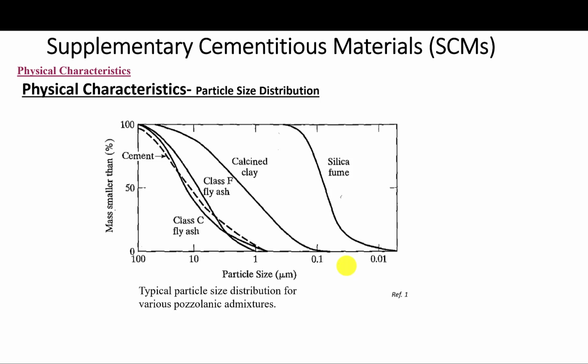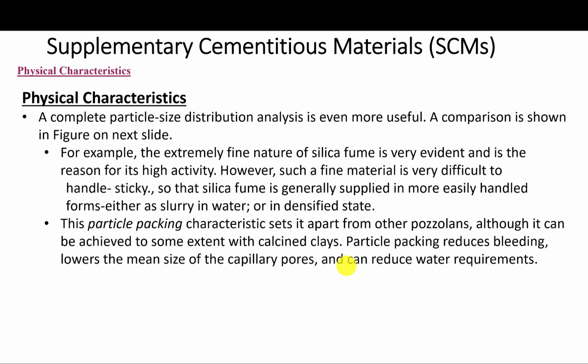You have to keep in mind it becomes very sticky if you use it as powder, and something has to be done. So the silica fume is generally supplied in more easily handled forms,